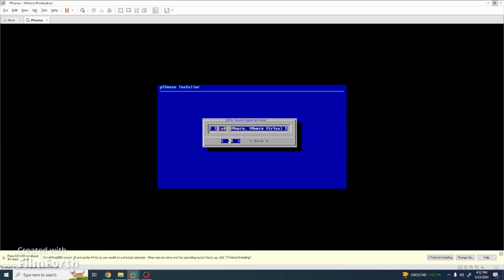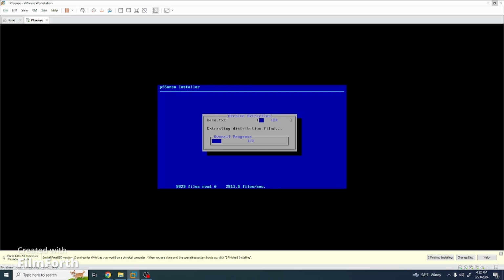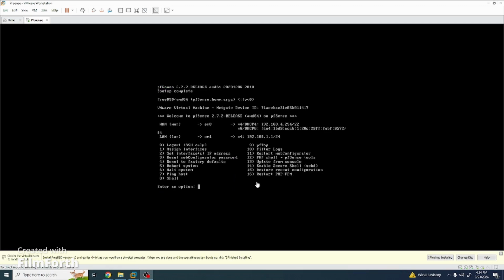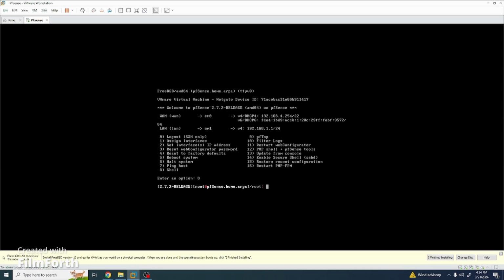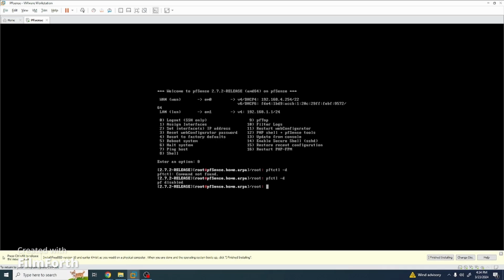And when I get here, I'm clicking space, and then deleting the contents. And I'll be back once the install is complete. Okay, now that I'm in, I can open up the shell, and I'm going to disable the firewall. Oops. Okay. Now that that's done, I can use this IP